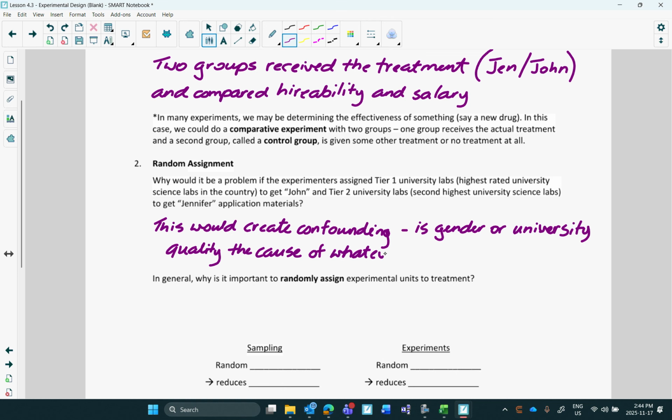So all of a sudden it's like, well, how do we know this is because of gender? So that's why we want to do it randomly. Okay? Because randomly,